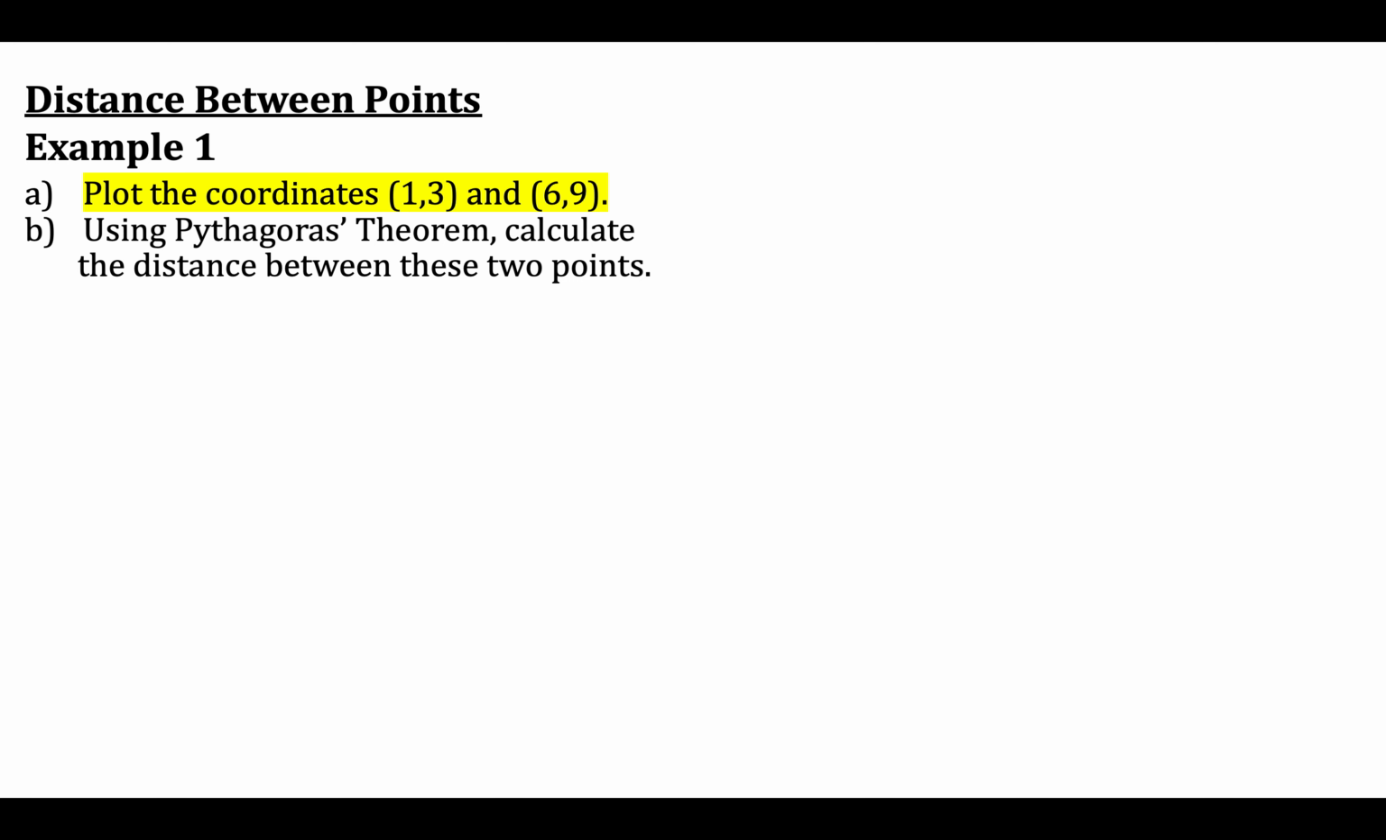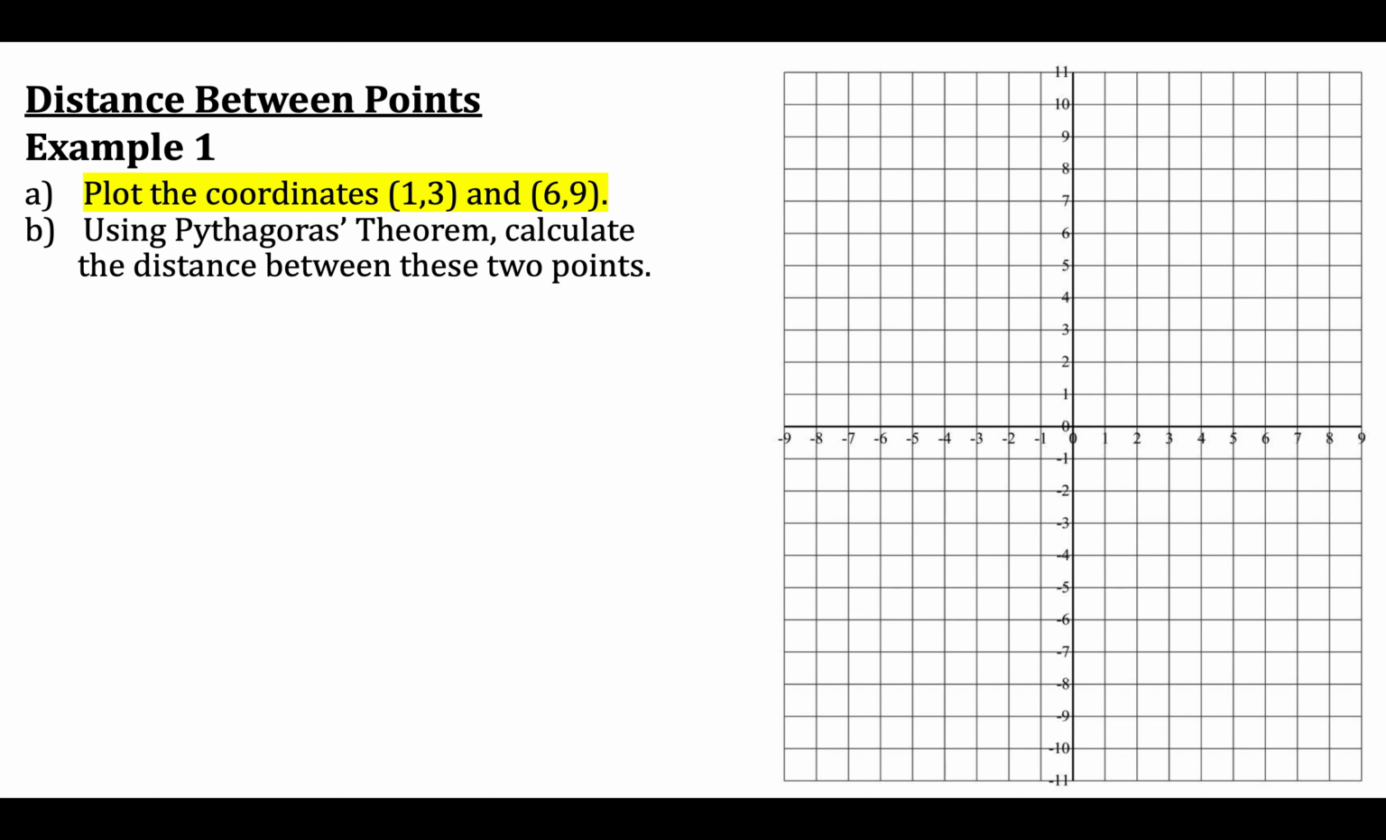So plotting these given coordinates. For that we're going to need a Cartesian grid. And here's the point 1, 3, and here's the point 6, 9. So I've done part A, so moving on to part B, I need to calculate the distance between the 2